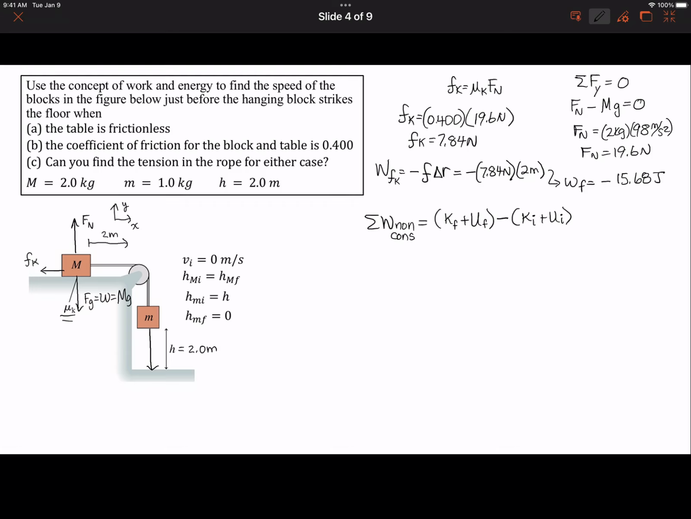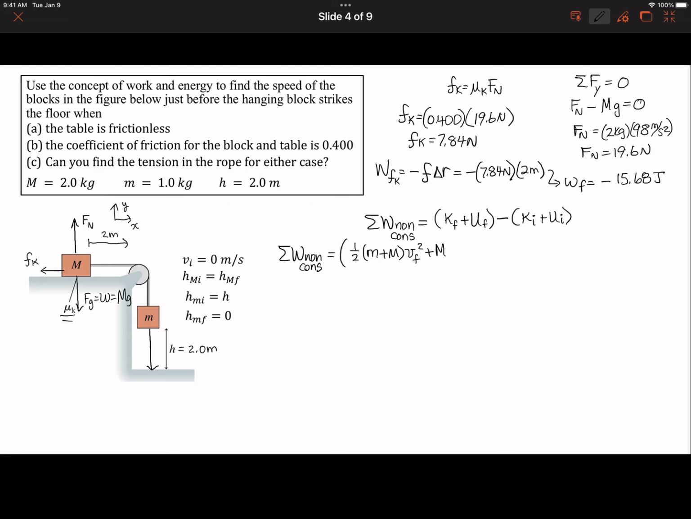So now that we have the amount of work done by non-conservative forces, we can plug that value in, and we can add all of the terms that we have in terms of kinetic energy and potential energy. So I'm going to just write it all out first. So the work done by non-conservative forces would be equal to the final kinetic energy, and this would be the kinetic energy of both masses together because they travel together at the same time. They're always going at the same speed,